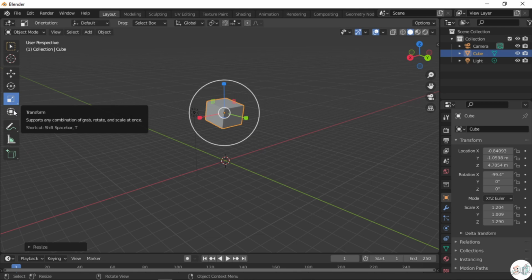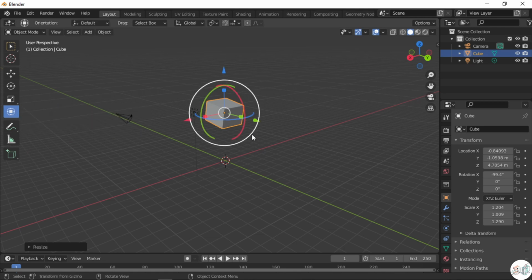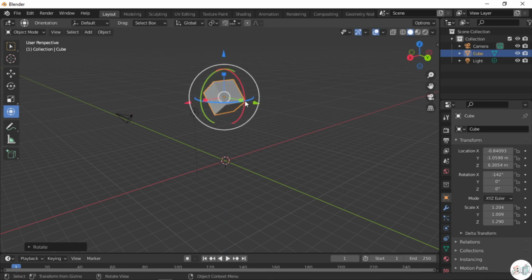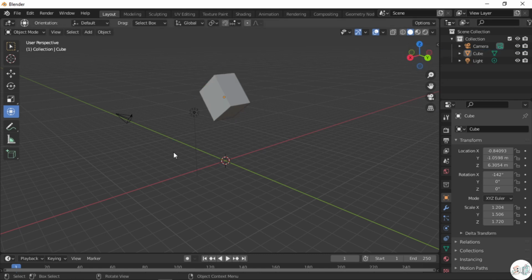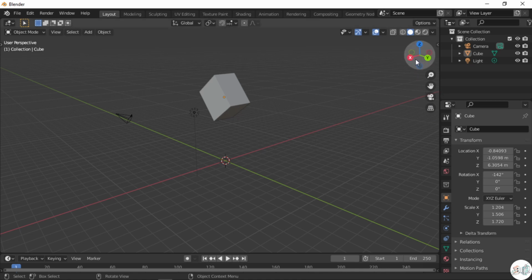Now the last tool we are going to discuss is the transform tool. The transform tool is used to move, rotate and scale the object at once. So the transform tool is basically the combination of all these three tools. However, we are not going to use any of these buttons because we are going to use mostly the shortcuts. So now I'm going to show you the shortcuts of all these tools. The first thing is I'm going to hide this toolbox by pressing T, and I'm going to show you the shortcuts for these first.